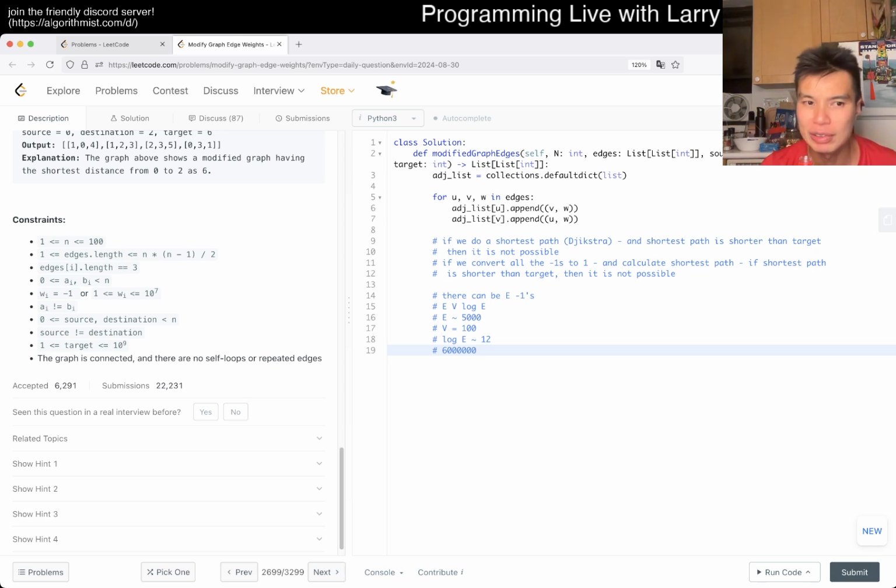But for now, in a more deliberate, let's say interview setting, I'm still thinking, okay, can I prove termination? Well, termination I guess is easy to prove. Because basically, if you modified one edge from -1 to 1, but then 1 to the number, that means that